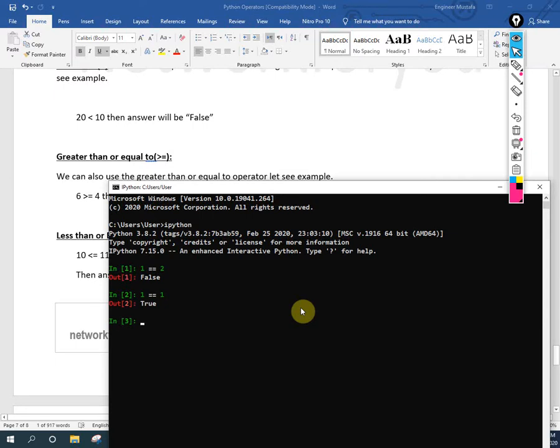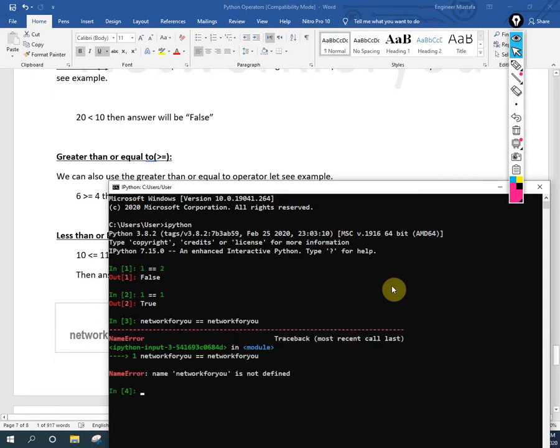Same thing, we can compare strings also. Let me write any string here. I will write network for you, is equal to network for you. I wrote a long string. Okay, it is not defined because I did not assign any value to it. That's why it is saying not defined.